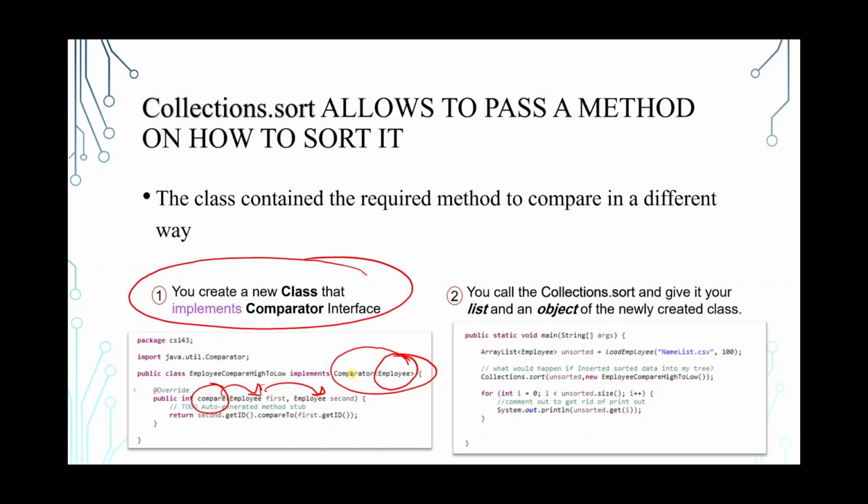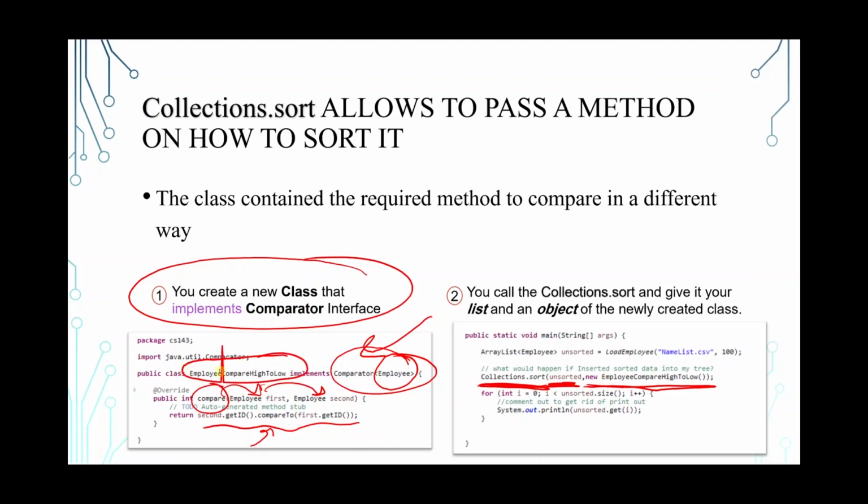So we have two employees, and we define the other criteria. We were doing first.id compared to second.id. Now we are doing second to first. So we are actually doing the opposite order. And now you can call Collections.sort on the unsorted ArrayList while providing it with the object of this class